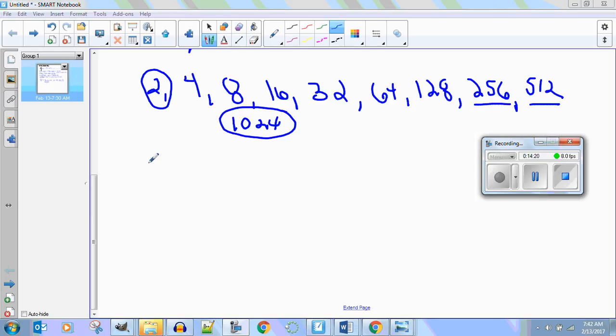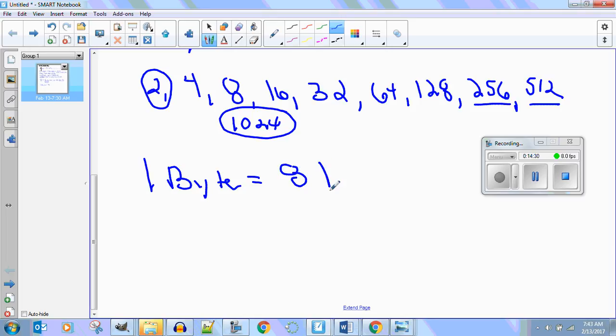So let's go back to this. Are you ready? 1 byte is equal to what? 8 bits, okay? And now I'm going to show you how to use your bits. Now we're going to actually start reading and writing in binary. One byte, B-Y-T-E, gigabytes, megabytes, right? That's how you talk in terms of memory, is 8 bits.